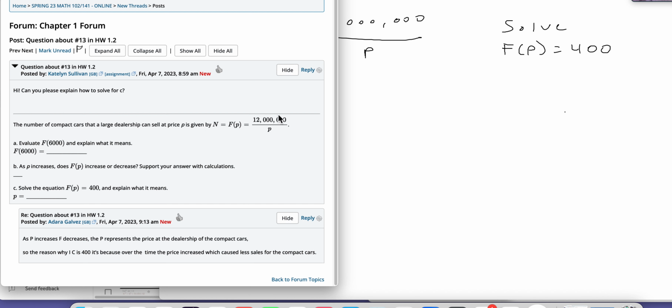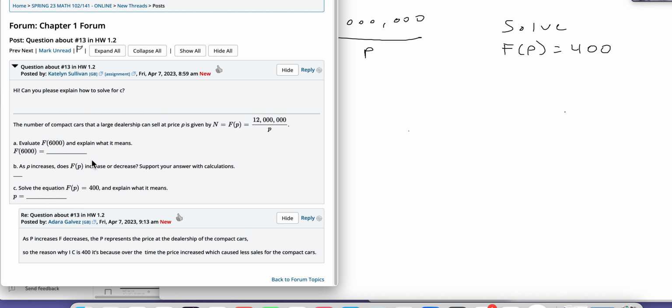Compact cars sold depends on price, and it's inversely proportional, which means as the price of the car goes up, the number of the cars they're going to be able to sell goes down, which makes sense if they get more expensive. And then part C here specifically was solve the equation F of P equals 400 and explain what